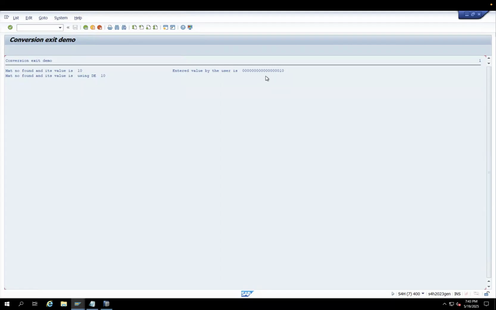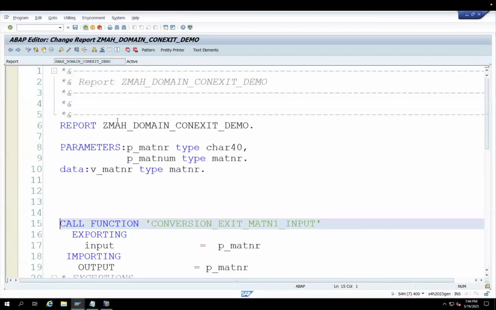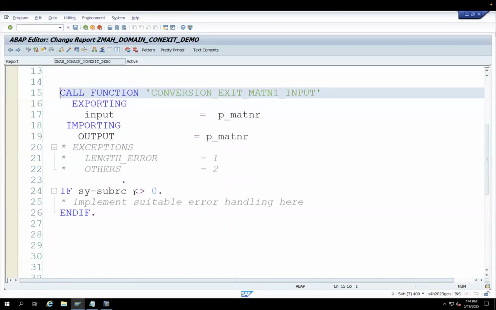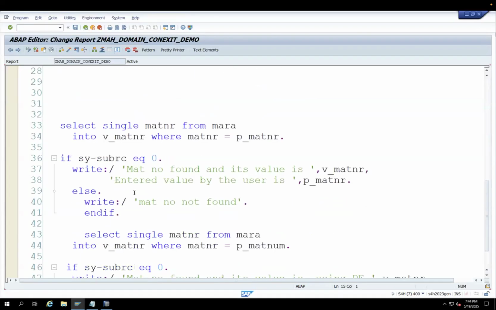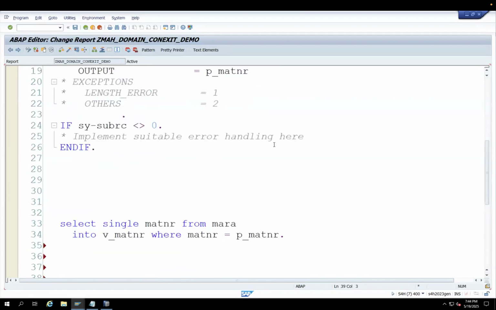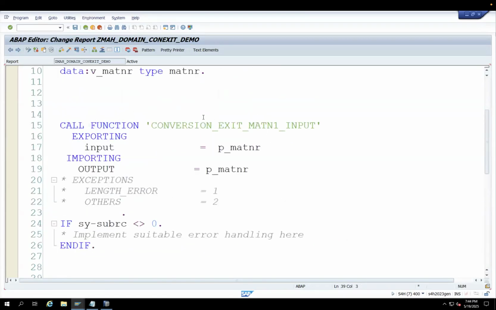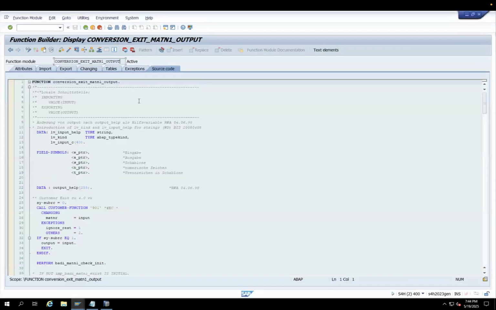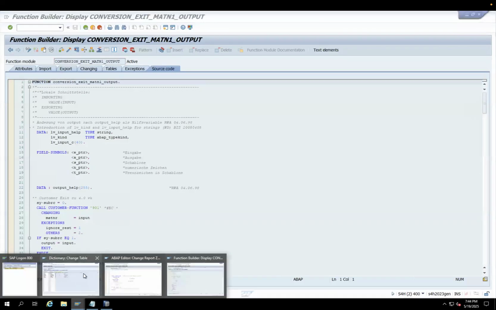Okay. This leading zeros again you want to remove. You don't want that. What do you do? After comparison, no? So if you want to take off that, you can take off here. Again, call the function module, output function module. So you can take from the domain level. Take this one, copy paste, go to here,